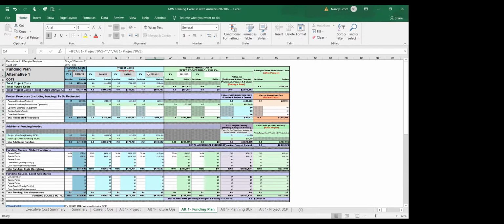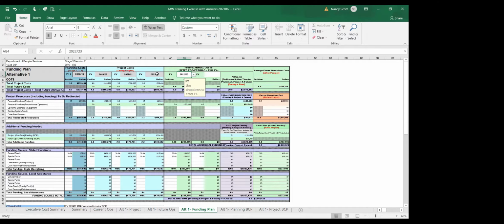If it is not in the prior project cost year, you're always going to have at least one future annual cost that you're going to have to manually select from the drop down, and it'll pre-populate once you do that. If I were to select something that is outside what's in the sheets, it's going to give me this NA. So if you ever see that, that means that that fiscal year is not used and it's not applicable. So if I went back here and I changed it back, it brings in that right amount.